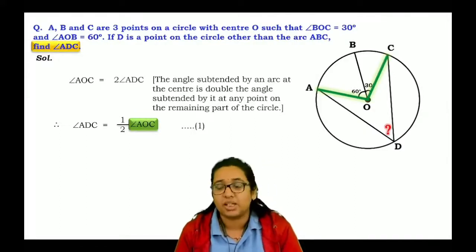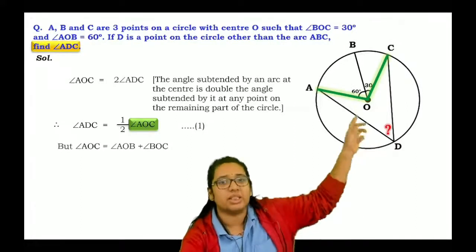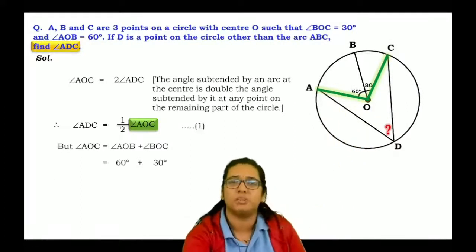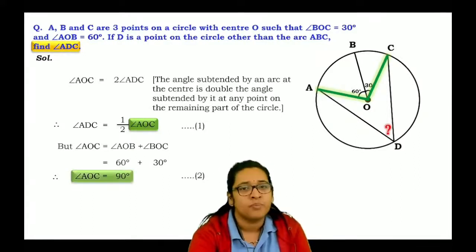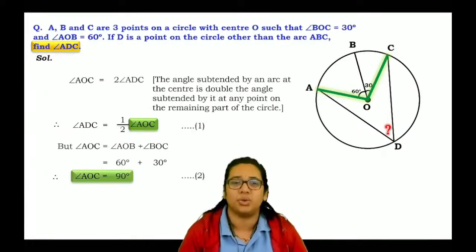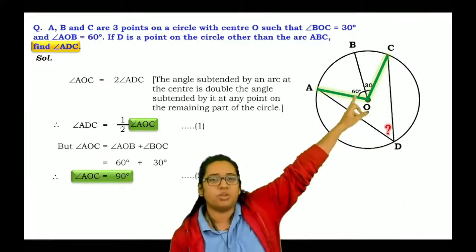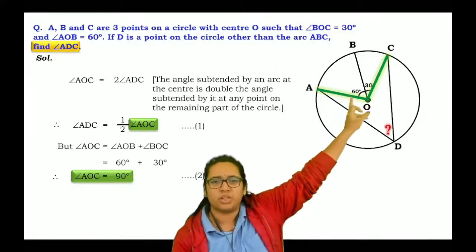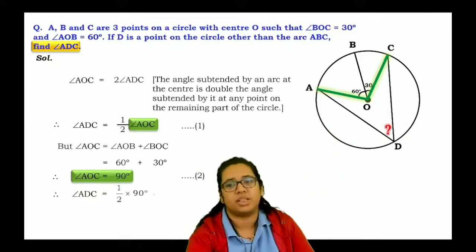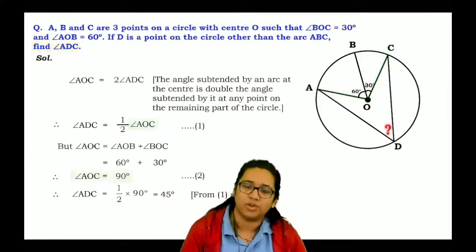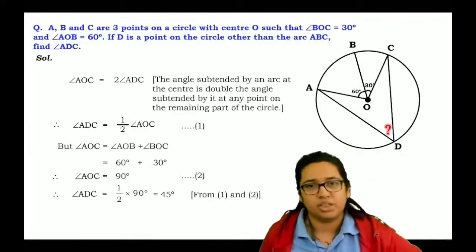But directly AOC के बारे में क्या दिया था आपको, that AOC is nothing but AOB plus BOC, which is equal to 60 degree plus 30 degree. So you will get that AOC will be 90 degree. If measure of angle AOC is 90 degree, then measure of angle ADC will be half of 90 degree, which is nothing but 45 degree. Clear हो रहा है,